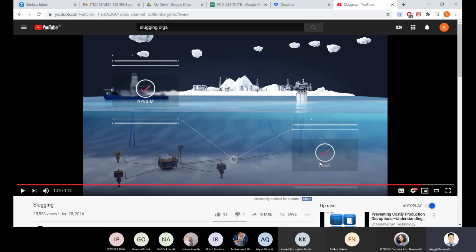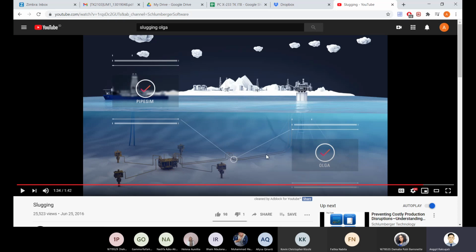So again, just for your illustration, I'm currently negotiating with the software licensors to get an academic license for ITB. My classmate is actually the sales engineer for this software. So we're trying to get those academic licenses and it's almost done. But actually, it's very expensive. If you get the business license, the license for this Olga is like 10,000 USD per month. So it's 150 million rupiah per month.